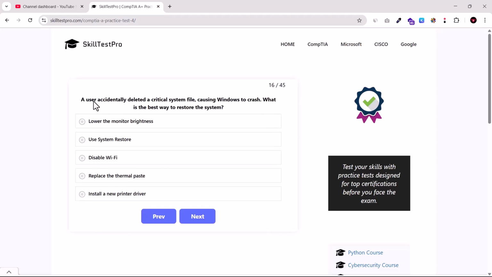Today we are going to do another CompTIA A+ Core 1 practice test, and this test will be for the CompTIA A+ Core 1 exam, which is